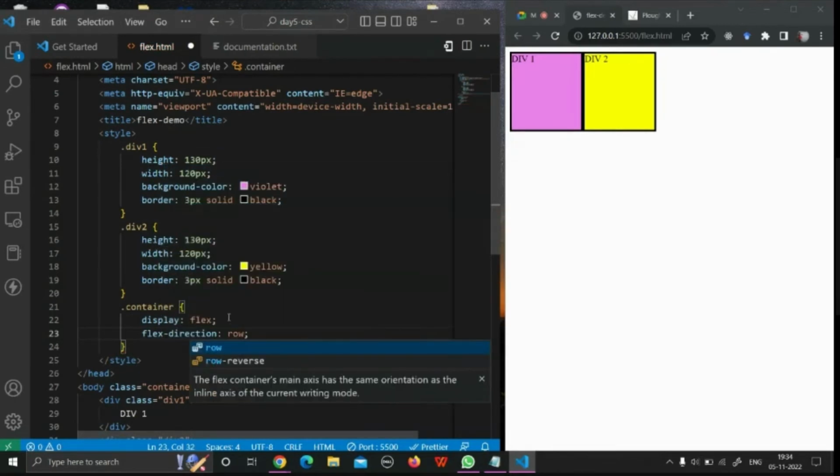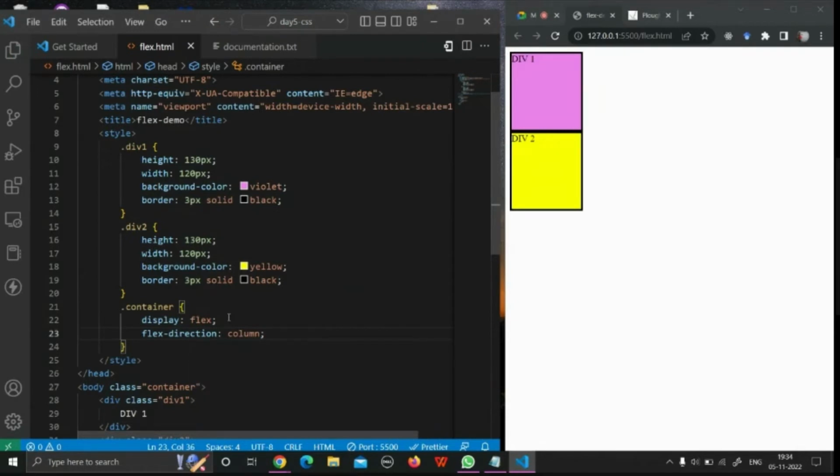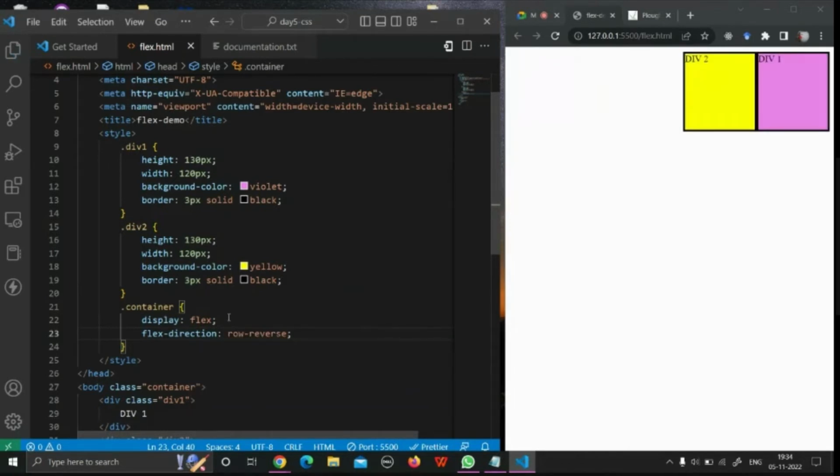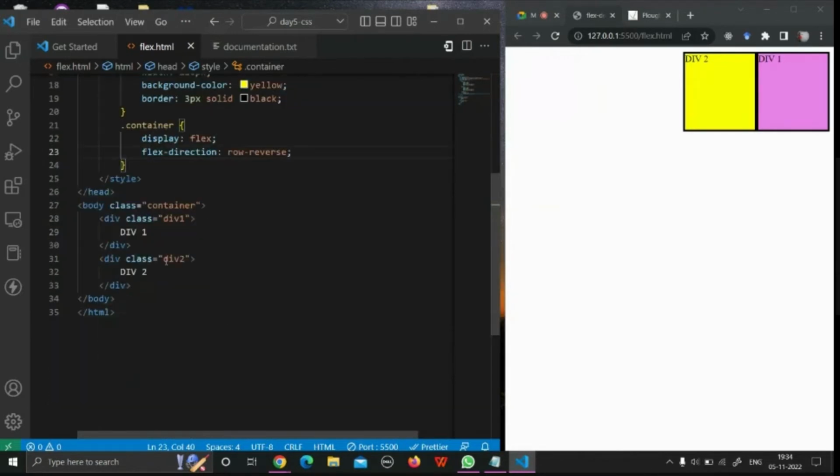This is a row. This is already a row, and if you apply row again, there will be no change. If I say it to be column, they come to a column. And if I say it to be row reverse, what will happen? What is the difference between row and row reverse? So for that,